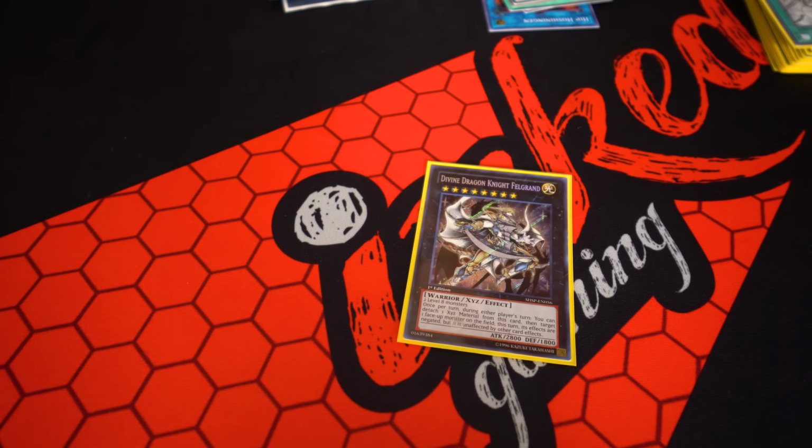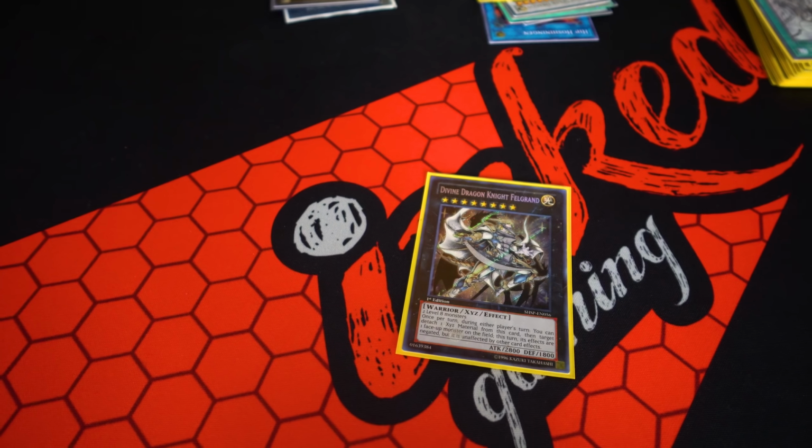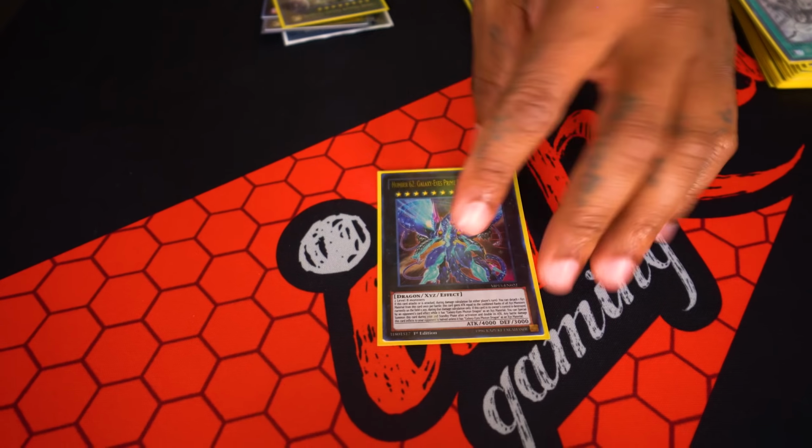Divine Dragonite Felgrand, another rank 8 that has a really cool effect where it's just unaffected by things. If you get into that case where you need to out something, that's pretty much what it's there for. Last but not least, we're playing a Galaxy Eyes Prime Photon Dragon,